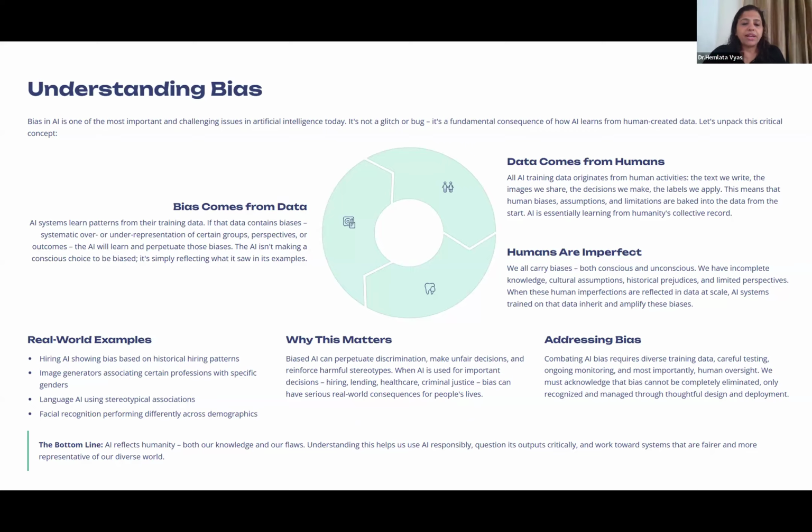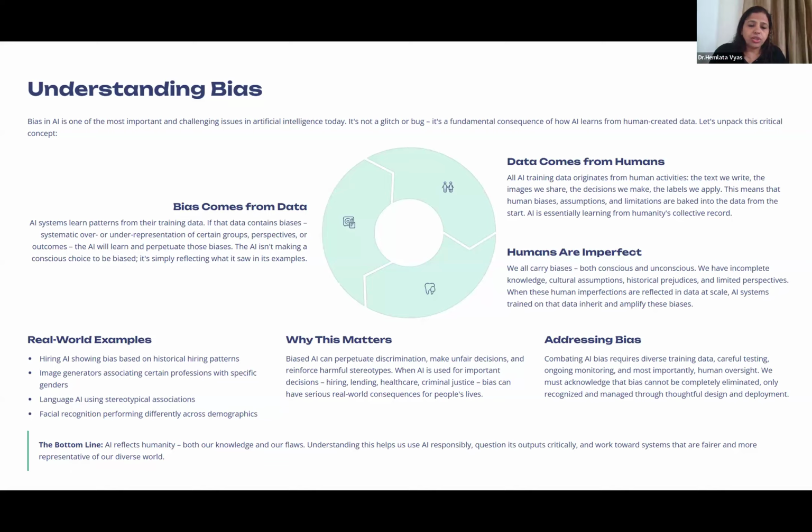Hiring AI shows bias based on the historical hiring. As I mentioned, the recruitment team gave prior examples, and males were selected in the prior history. So the recruitment model did not even shortlist the female candidates. And talking about images, regarding nationality and ethnicity, the image model was not able to capture a few of the ethnicities.